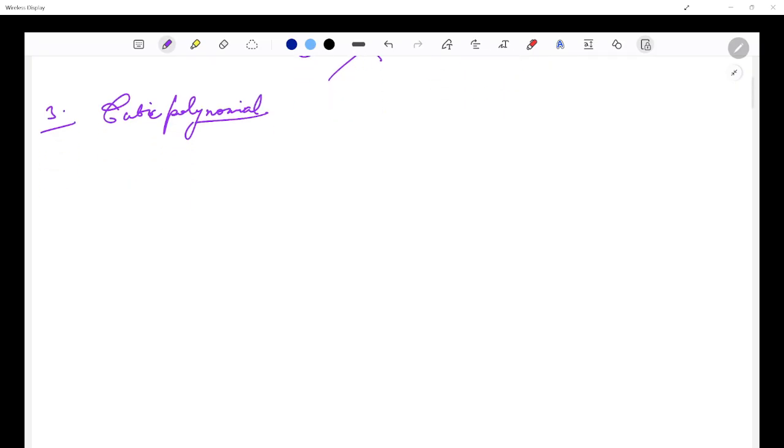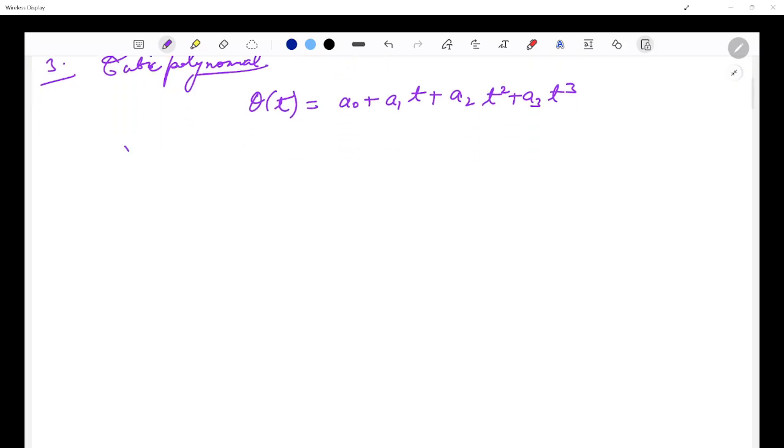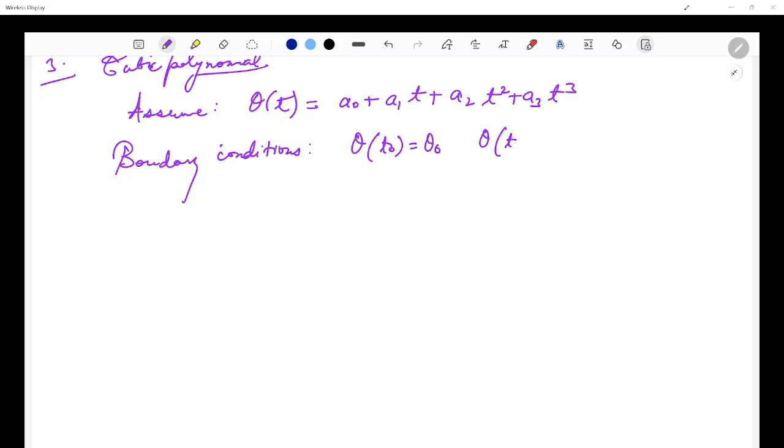Okay, so we assume that theta t is some cubic polynomial, a0 plus a1t plus a2t square plus a3t cube. There are a few boundary conditions. This is just an assumption. Then there are boundary conditions, which are theta t naught is equal to theta naught, theta tf is equal to theta f,